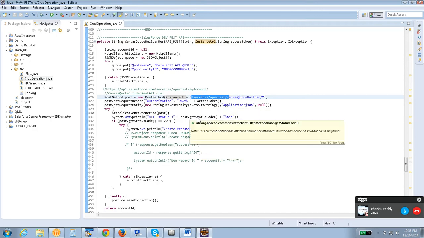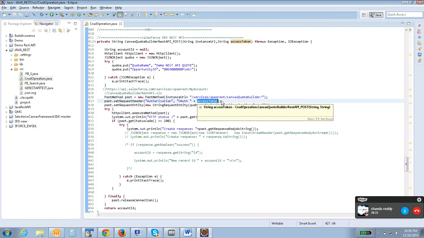Whereas in REST we are using an auth token, access token for authentication, whereas in a SOAP call, basically we are using a session ID, I believe. There are two kinds of web service, right? One is SOAP and one is REST. Now we are dealing with REST. In REST, we make authentication by using an access token, whereas if you move into SOAP web services, there you are going to make authentication by using a session ID. Apart from OAuth, what else is available? Salesforce supports only SOAP, OAuth and single sign-on, only three.